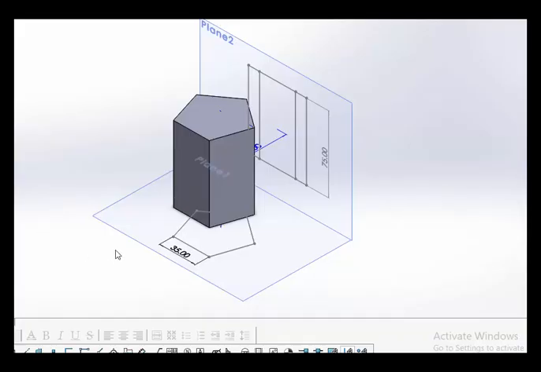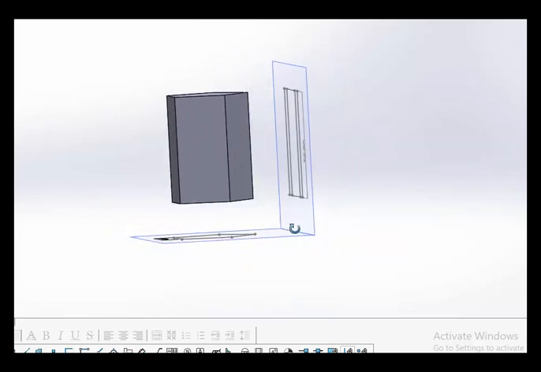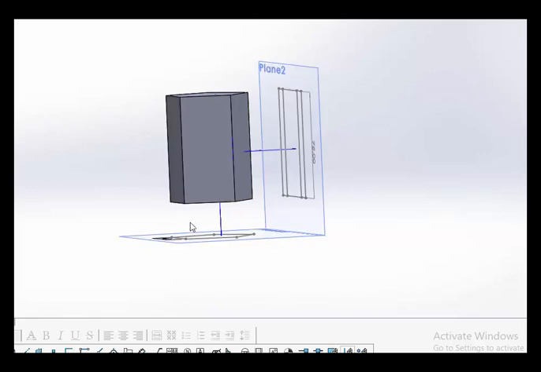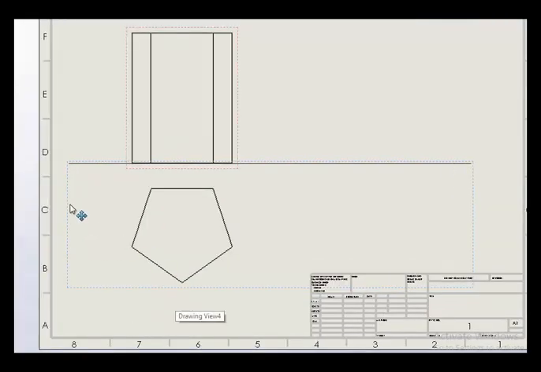Now, if you see this solid, there is a gap between the horizontal plane and the solid, and there is a gap between the vertical plane and the solid. That is, this is the in front of distance and this is the above HP distance. If the solid is placed on HP, there will be no gap between the solid and the HP plane. So when you view from the front, this gap will not be there, so you will draw the simple position like this.